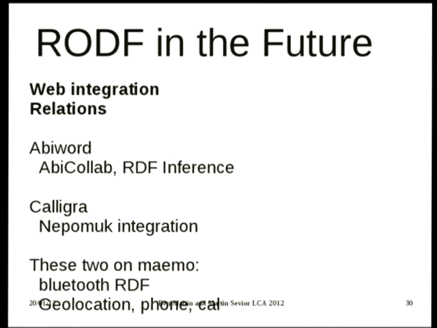Yes, in the future, these are the things that I was wanting to do. Web integration and relations. I'd really like to be able to capture in RDF and say these are things like I'm catching a train. And then in Abiword, you can right click and say, is that train on time? Or integrate with things that are on the web and the larger semantic web, linking open data. So you can say this is, you know, LAX, and then right click and say,